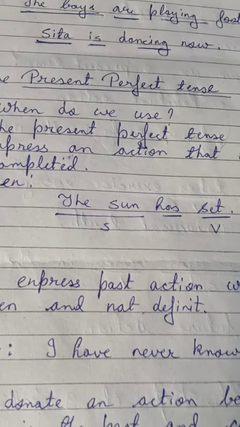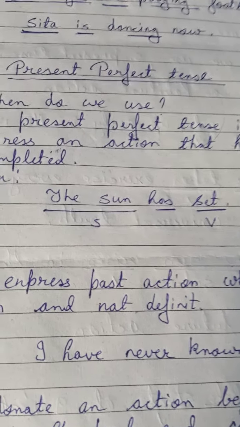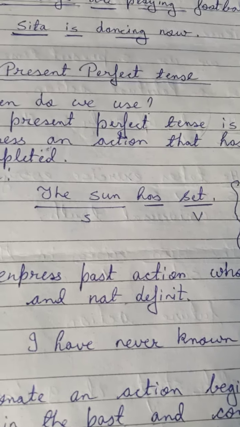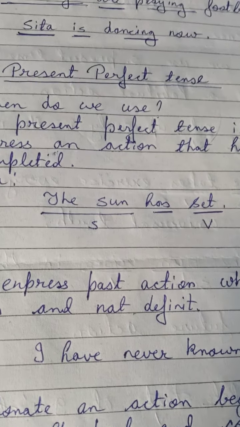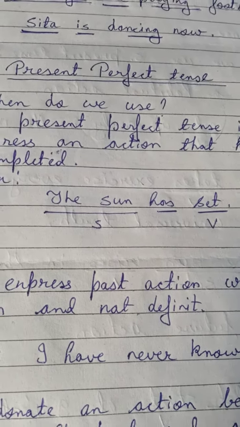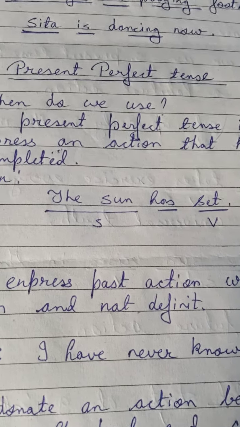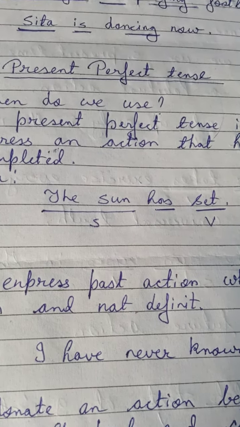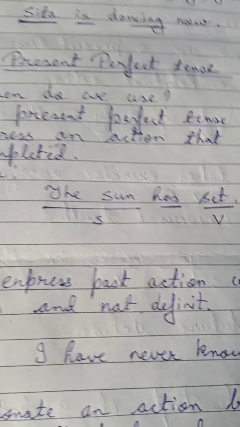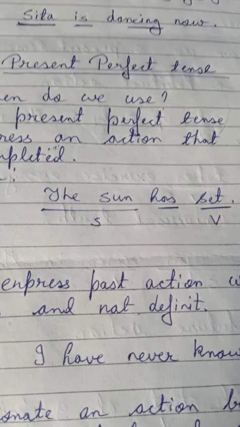I am giving more examples. For example, where has your father gone? I am asking in present perfect tense, meaning just gone. My father has gone to the market. What does it indicate? It indicates that he has just gone to the market. Okay, what has your mother done? My mother has cooked food. It means what has your mother done just now? She has cooked food.